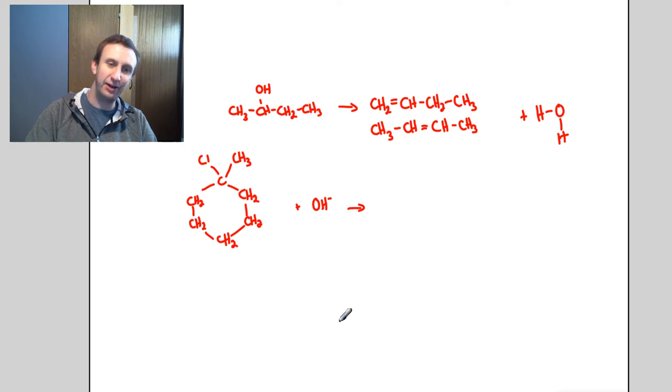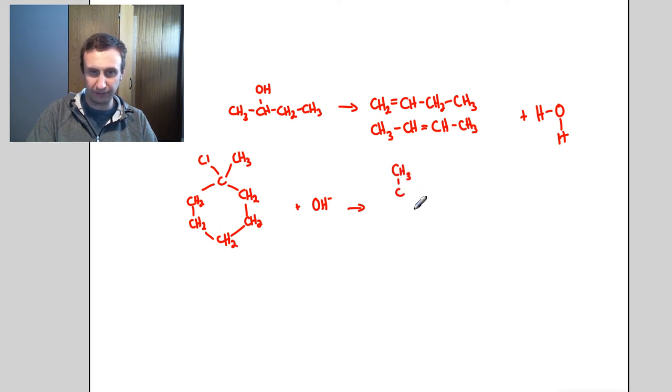So this is again an elimination reaction. So this is going to pop off this chlorine. Okay, and I need to figure out what hydrogens can pop off from carbons that are attached to the halogen carbon. So it could be this hydrogen popping off, these hydrogens popping off, or one of these hydrogens popping off. Now I hope that you can see that these hydrogens and these hydrogens are equivalent. So one product I would end up with